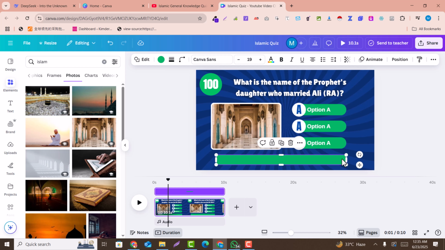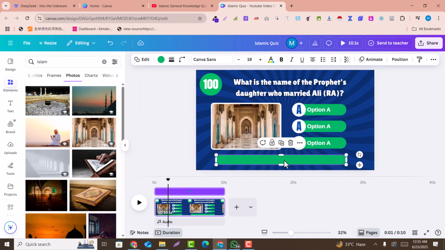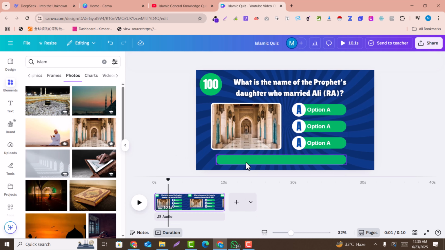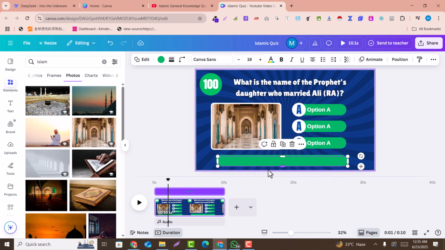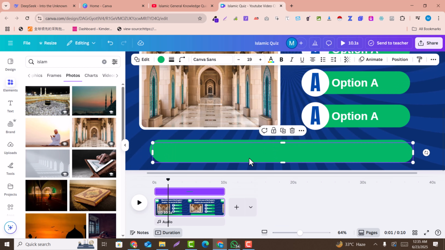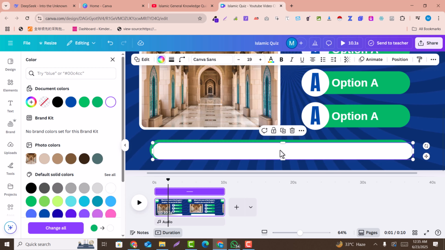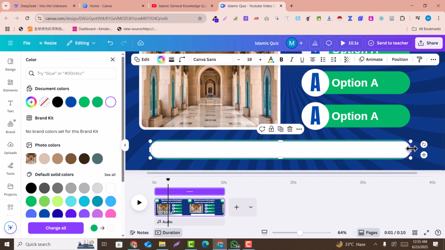Okay, so in the roundness we can add the corner radius. So these are the rounded corners inside. Now we need to duplicate that. For example, here I just duplicate, and here we need to zoom in, and I'll change the color to white. I will let you know why I made this. So now this template is ready.